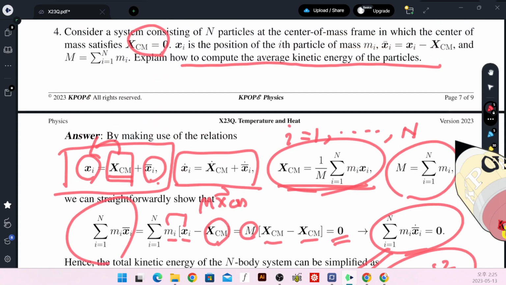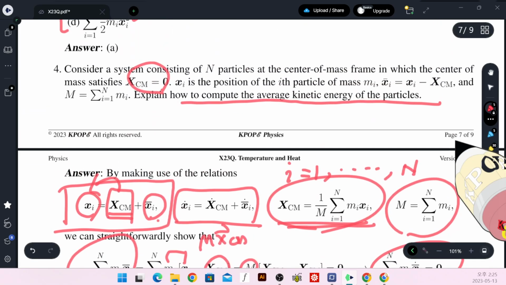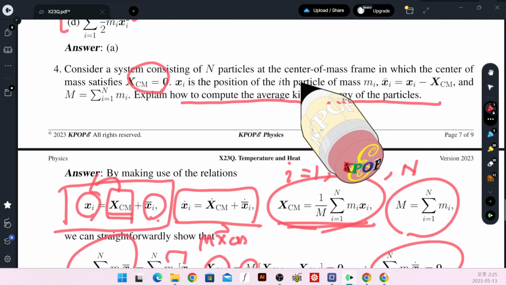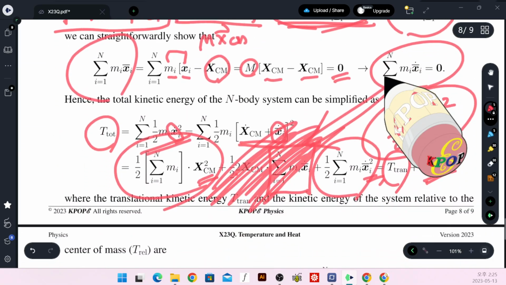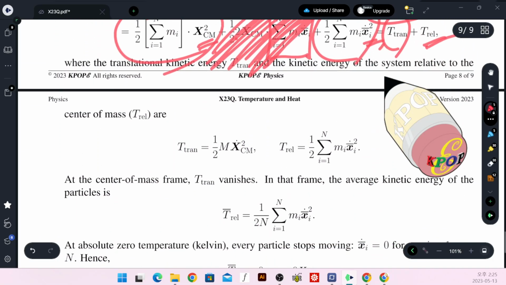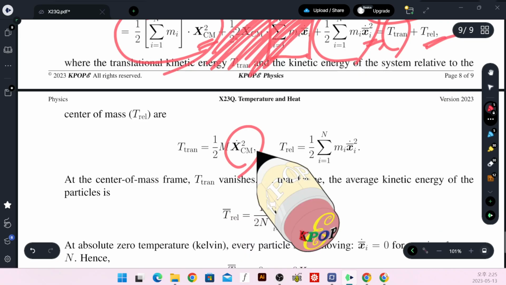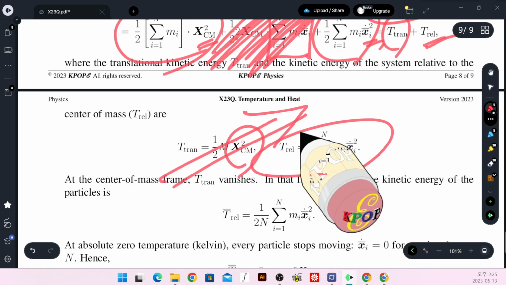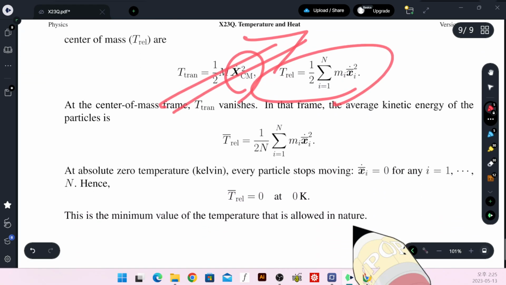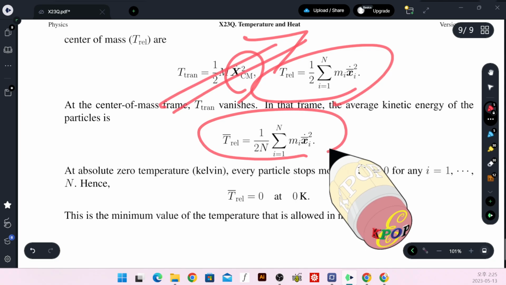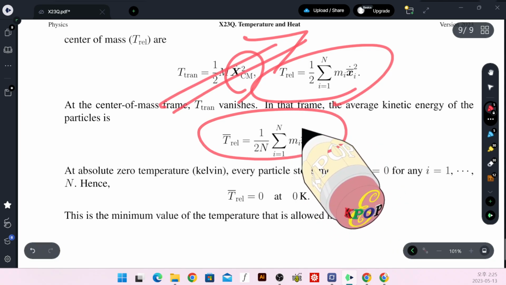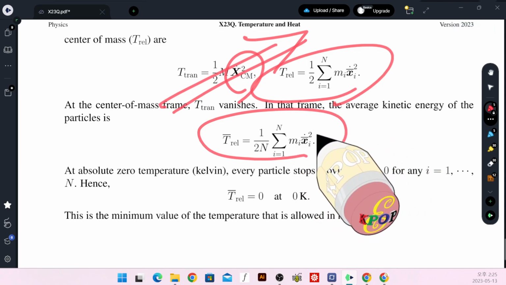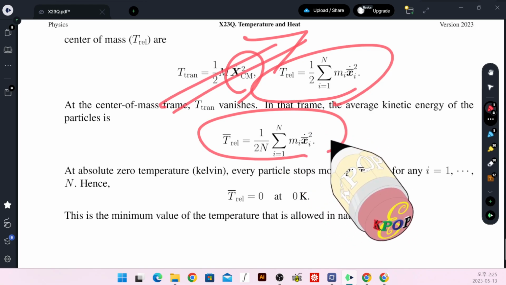By the way, we have chosen the center of mass frame. In the center of mass frame, xcm is a zero, always. Therefore, this term will be gone. The only part that remains is this. In addition, this is a positive definite number. This one has the minimum value,